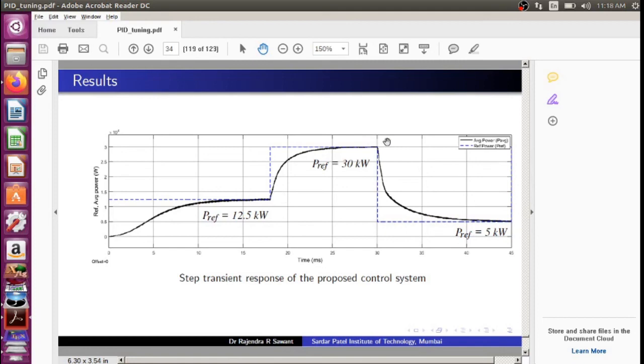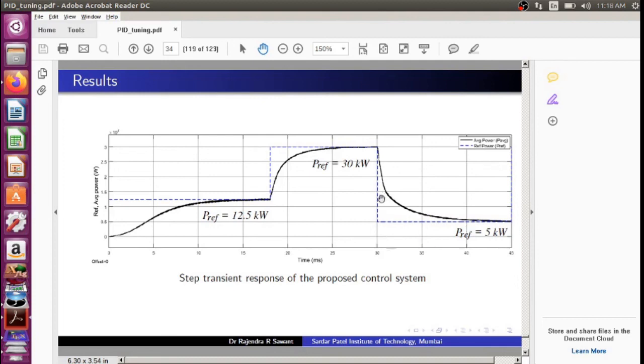From 20 milliseconds to around 25 milliseconds, the response hits the reference. So within 5 milliseconds the power is regulated after this step input.